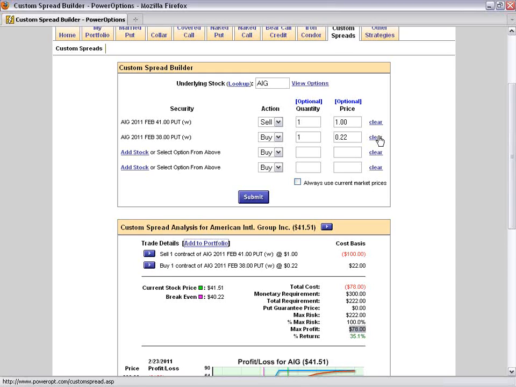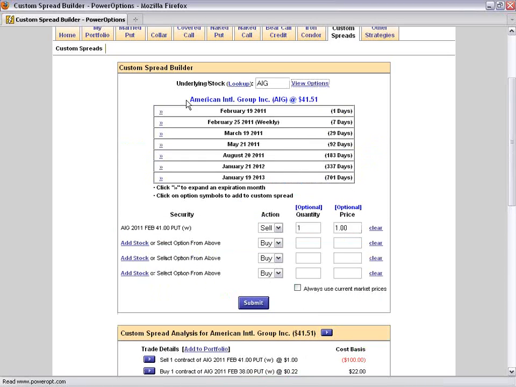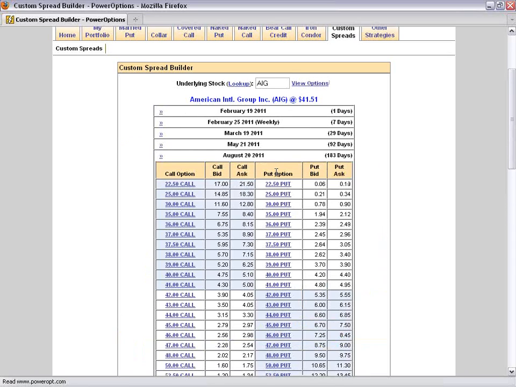Then at the same time, I'm going to sell the 41 put. Now my goal here would be different. When doing that type of diagonal calendar put spread, what I'm considering is not trying to protect the naked put. I'm actually doing a bearish play. Let's show you an example of that. So I'll go back into the View Options menu. What's at least August, 183 days out, 6 months out. It's a good starting point. We could go to the full LEAPS there, but we're going to start with the August one.